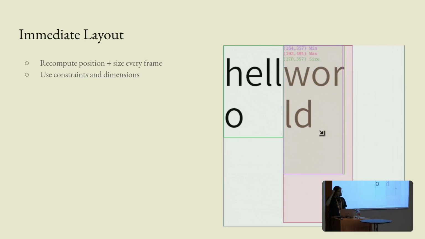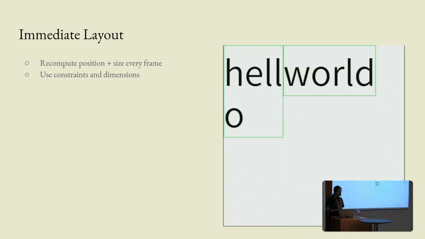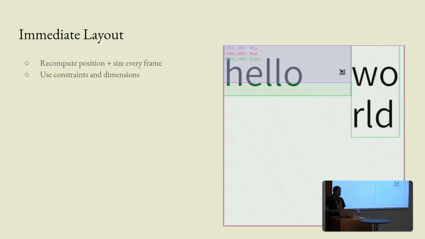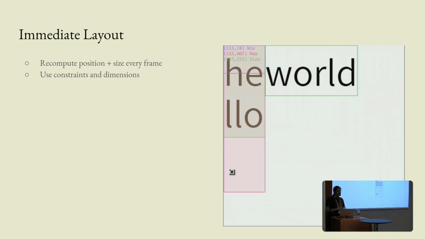In GUI's layout API, we recompute the size and position of everything every frame. It's not actually very expensive. It's like addition and subtraction, pretty highly optimized operations on a CPU, no multiplication required. And what that gives us is the ability to respond really easily to resizing. When your window resizes, or when some piece of content within your window resizes,